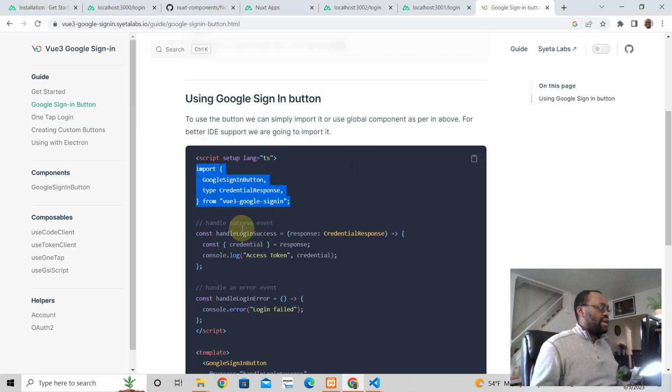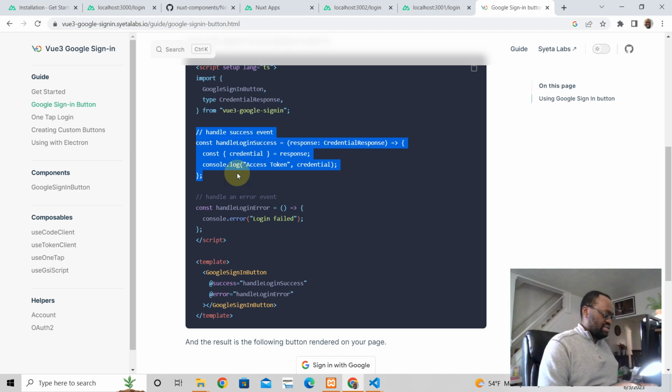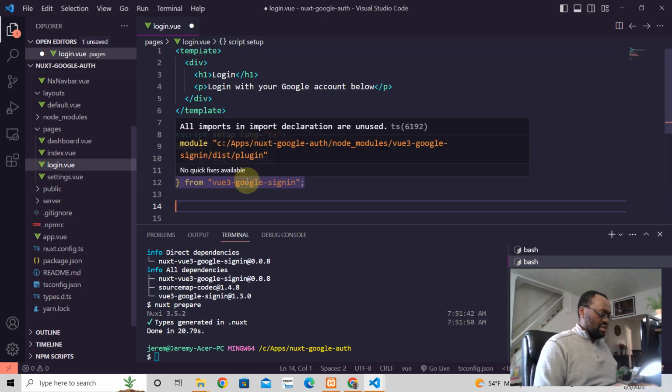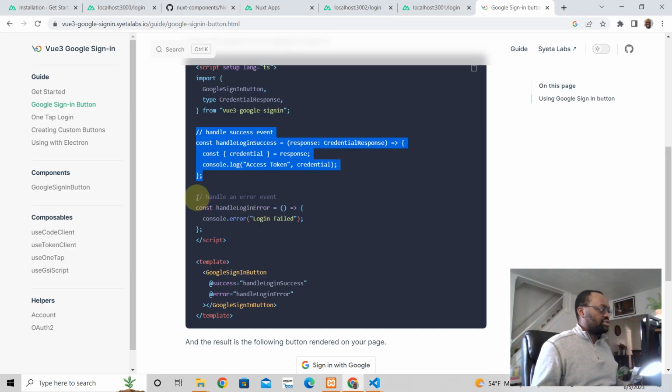All right, and then we need to create a function to handle this success. I'm going to copy that, just place it right there, and then a function to handle the error. I place that right there,